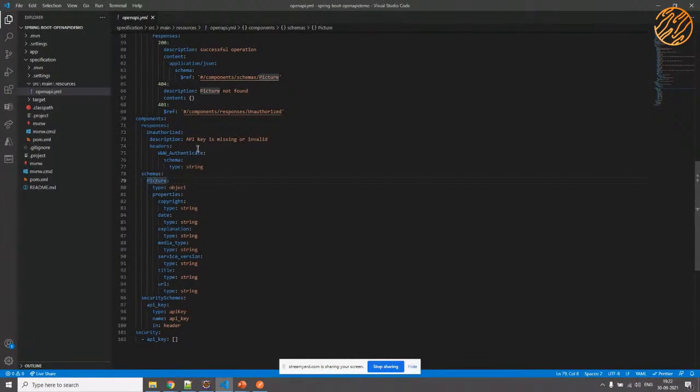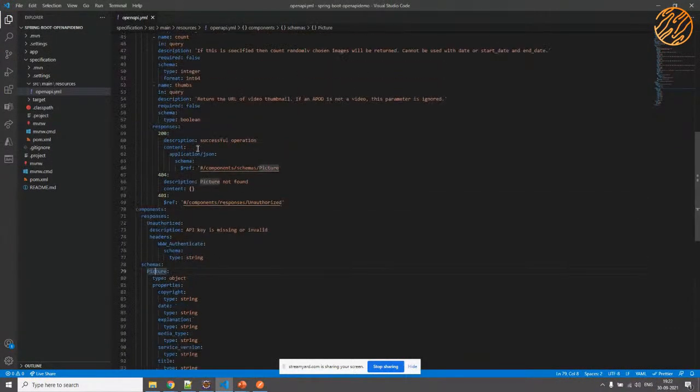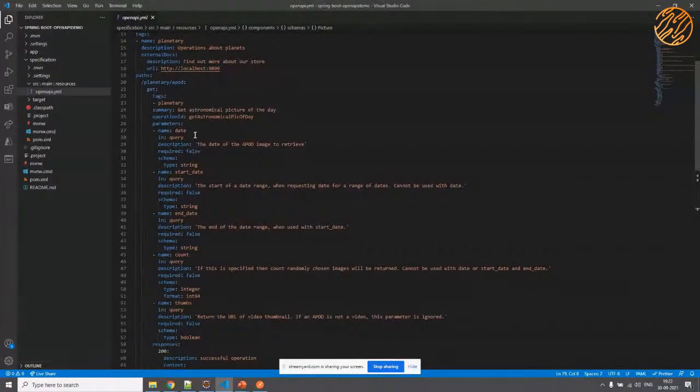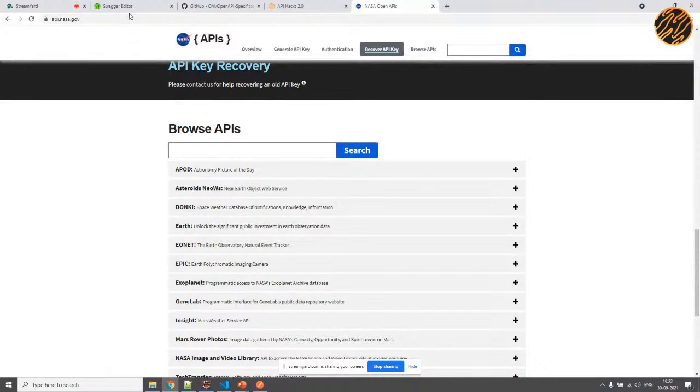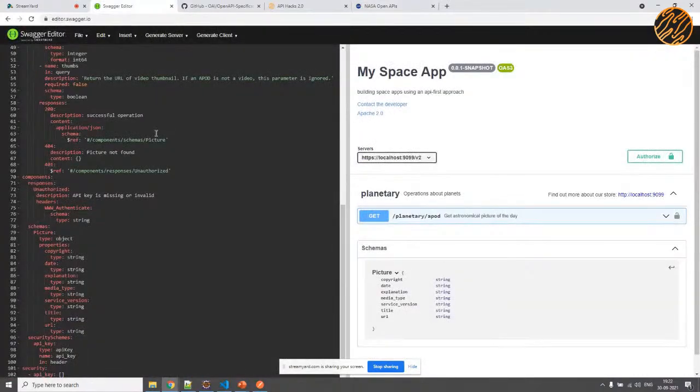So this is about how we can define this contract. Once this contract is defined and agreed upon, this is where you need to go about generating the classes for this particular specification. Let's see, there are two ways to do this. One can do this using Swagger itself.